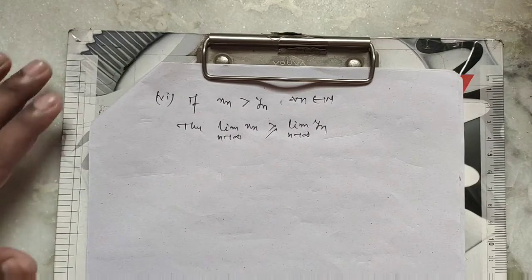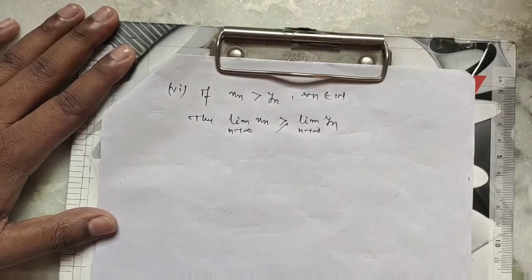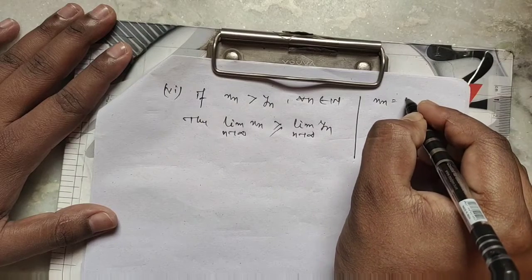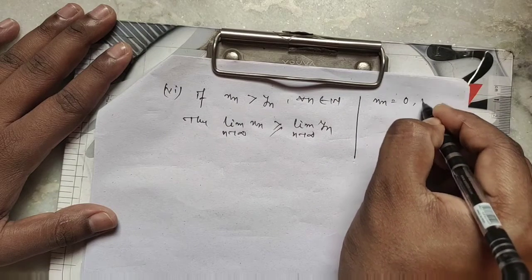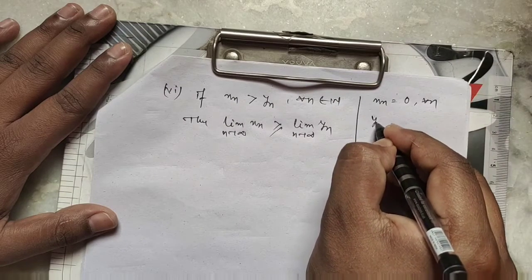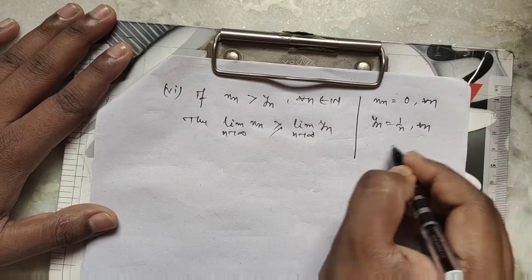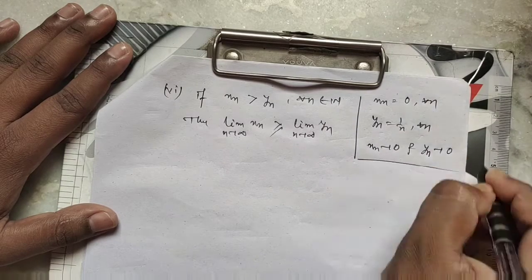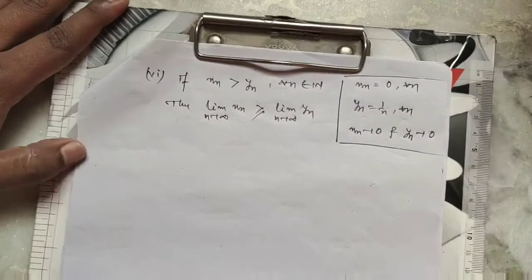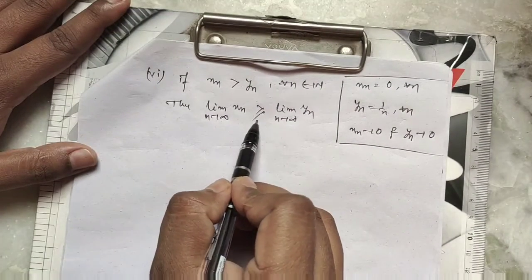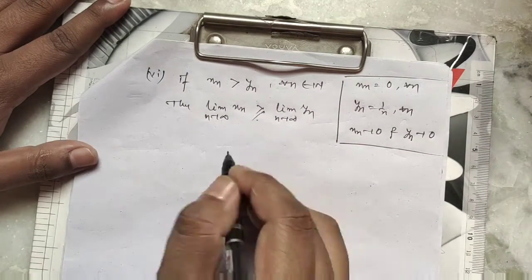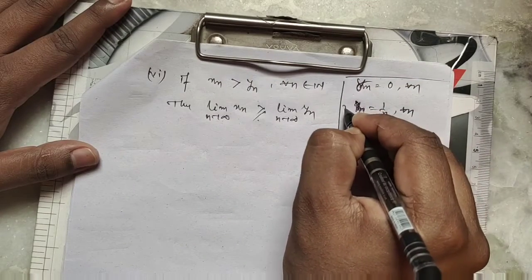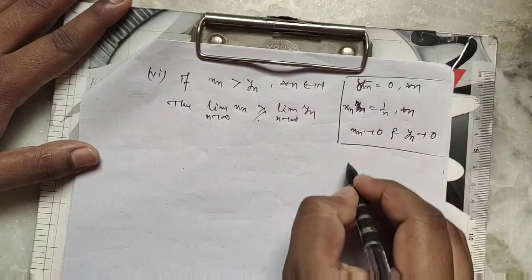Here the equality may occur, because if xn equals 0 for all n and yn equals 1 by n for all n, then xn tends to 0 and yn also tends to 0. Clear? So the equality. Sorry, this is yn, this is xn. Then